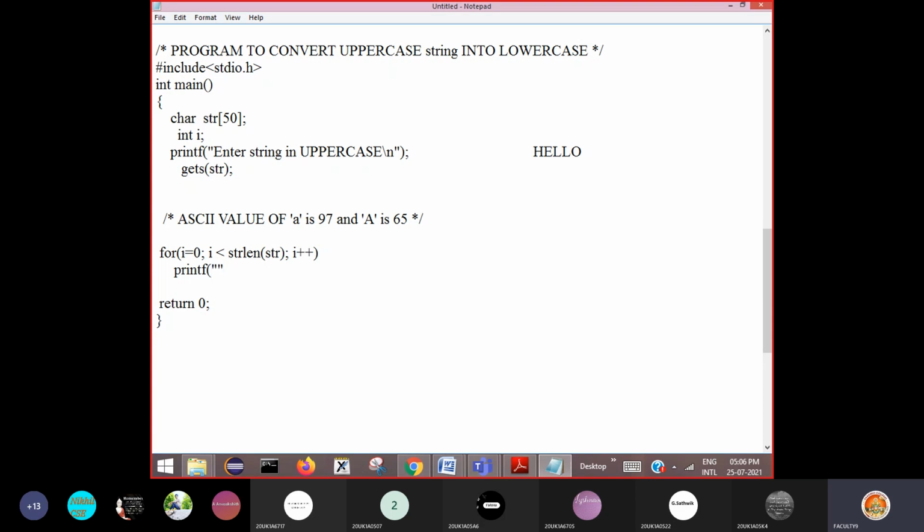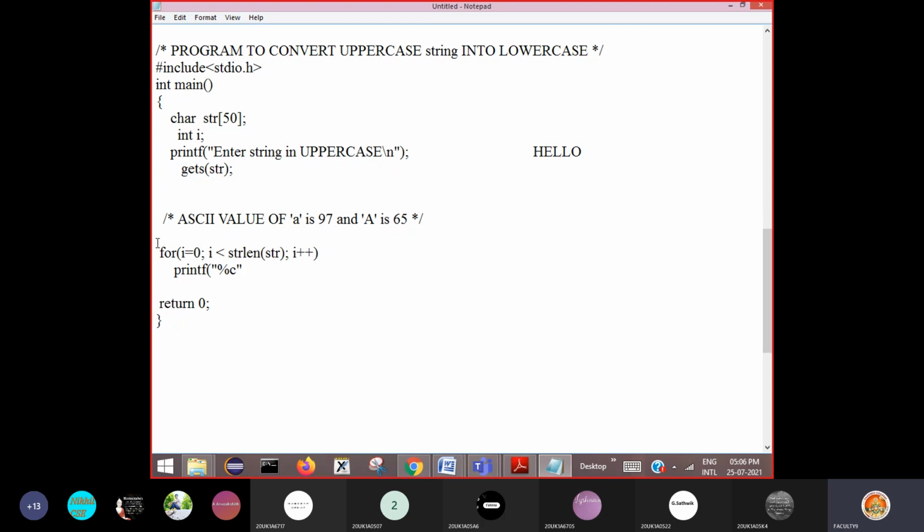Then you can print each character. printf %c. Even inside the string, if you want to make it into lowercase, you can directly do str of i is equal to str of i plus 32, or if you just want to print the string in lowercase, you can use that in a printf, so that str still contains the original.